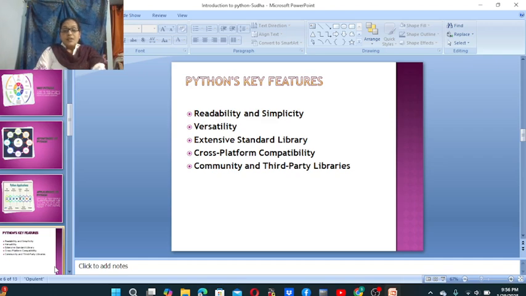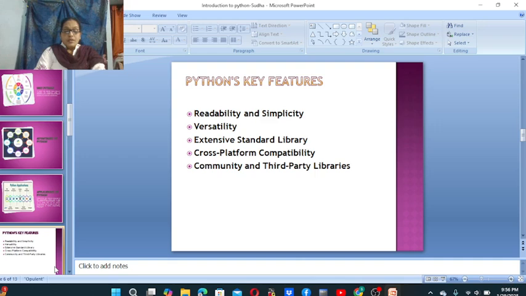Next, it has extensive standard libraries. By using the standard libraries, we can do programming very powerfully and efficiently. The repository of modules, including OS, date and time, and math functions, simplifies complex tasks and significantly reduces